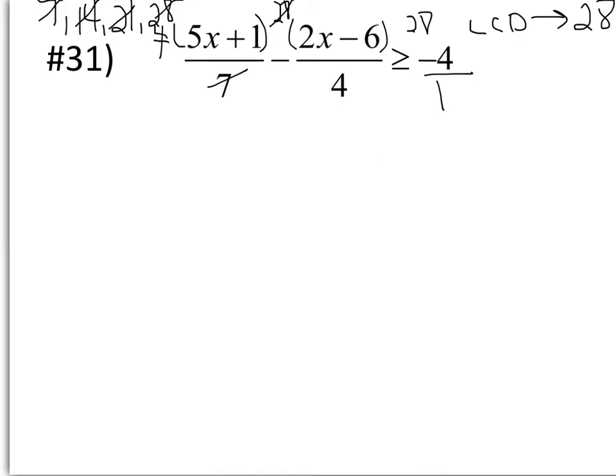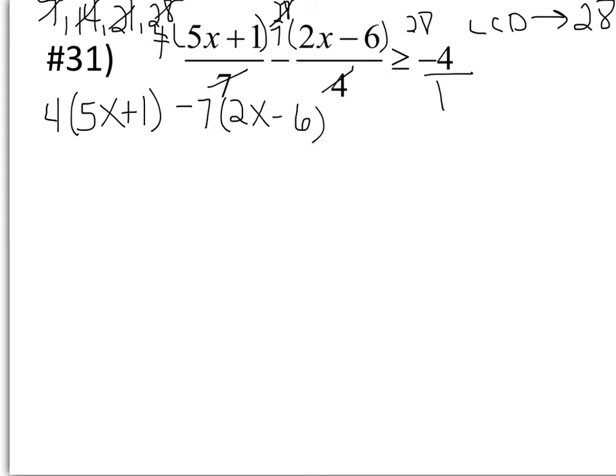28 divided by 4 is 7. And then 28 divided by 1 is just 28. So now let's go ahead and write this out. So we have 4 times 5x plus 1 minus 7 times 2x minus 6 is greater than or equal to 28